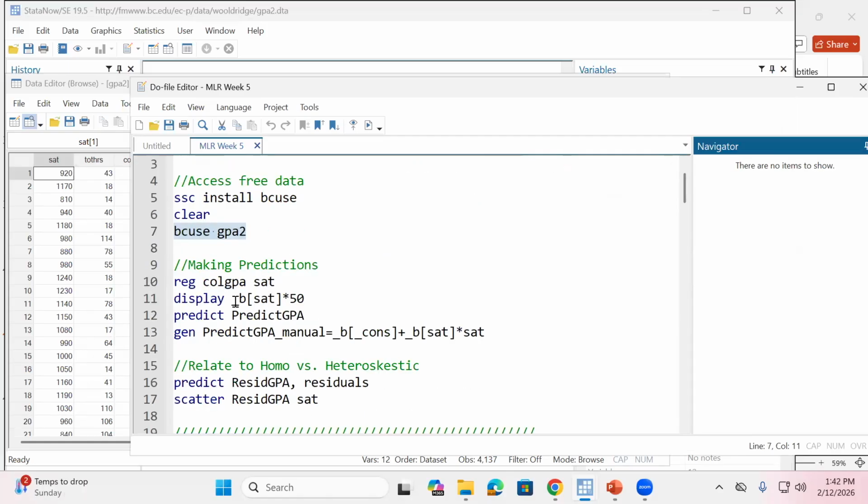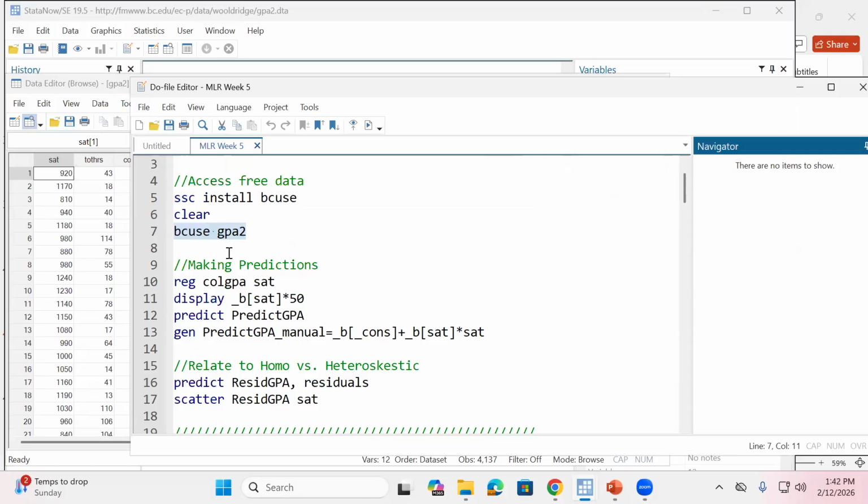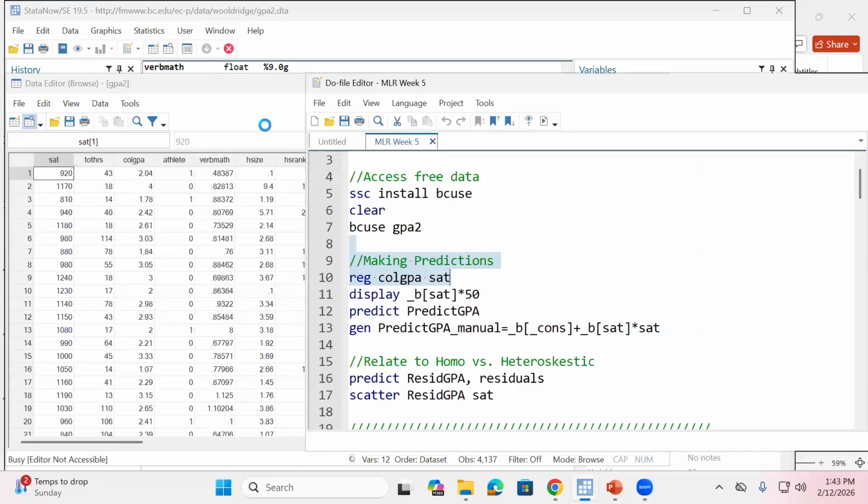Okay. So before we get to this omitted variable, I wanted to point something else out that up to this point, we've only really done by hand. But I wanted to show you, if you're using AI or if you're Googling, you might have already come across this. Okay? So if I run a regression, instead of doing all the work by hand to make the predictions that we started class with, where I said, okay, here's a hypothetical coefficient, I'd multiply it by the hypothetical X values to come up with my prediction. So if I run a regression, and here I just did college GPA